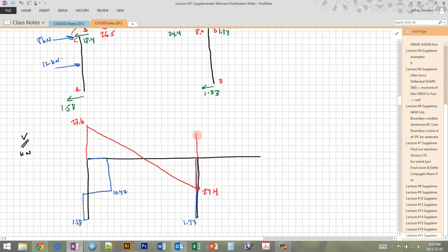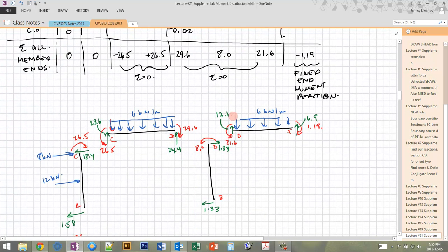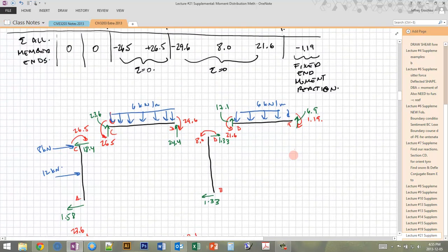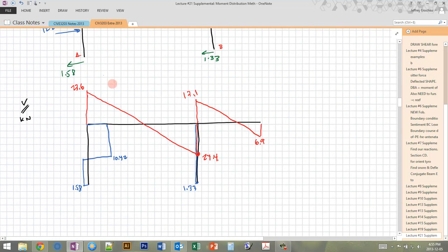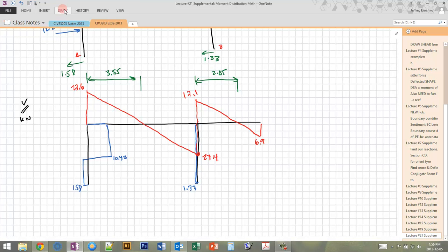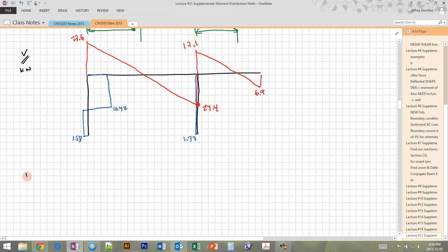And then same thing for this one. This is 17.1 and 6.9. Right, so these come from these shears. 17.1 up, distributed load, and then 16.9 up to get back to 0. We can also find these dimensions, which will be important for the moment diagram. So this dimension here, using similar triangles, is equal to 3.55, and this dimension here, using similar triangles, is equal to 2.85. So then last and finally, I can draw the moment diagram, kilonewton meters,